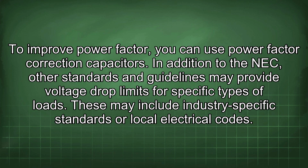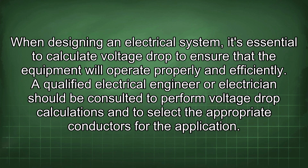In addition to the NEC, other standards and guidelines may provide voltage drop limits for specific types of loads. These may include industry-specific standards or local electrical codes. When designing an electrical system, it's essential to calculate voltage drop to ensure that the equipment will operate properly and efficiently. A qualified electrical engineer or electrician should be consulted to perform voltage drop calculations and to select the appropriate